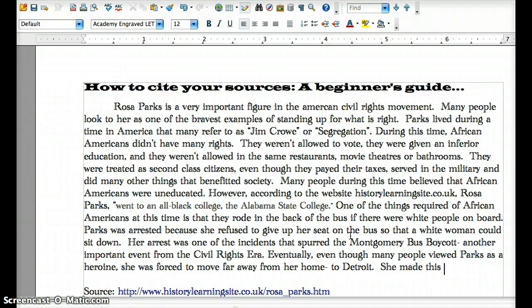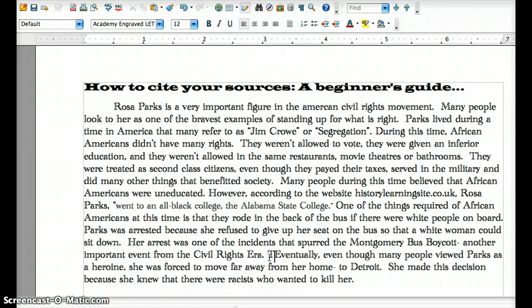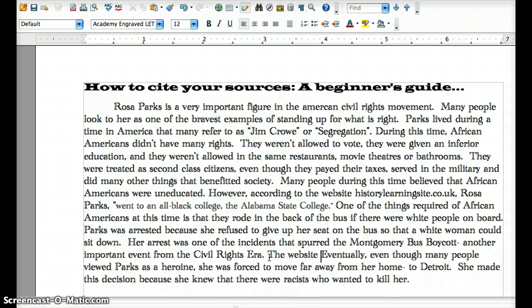She made this decision because she knew that there were racists who wanted to kill her. So eventually, though, I'm going to again say where it came from here. So this time I might say the website,